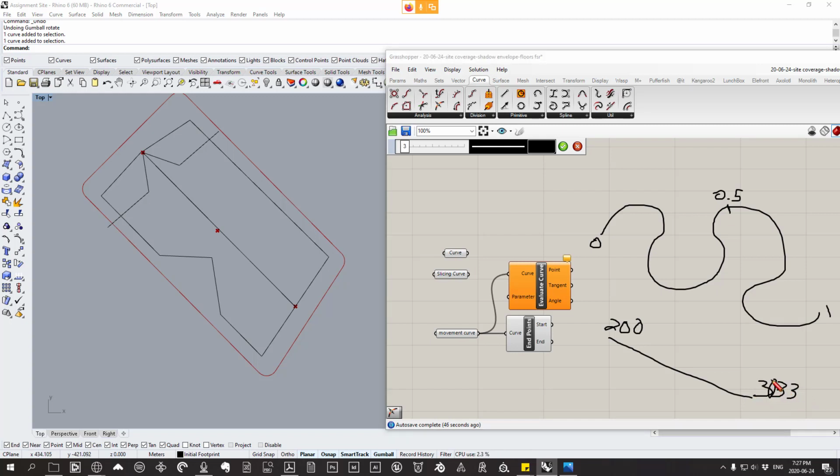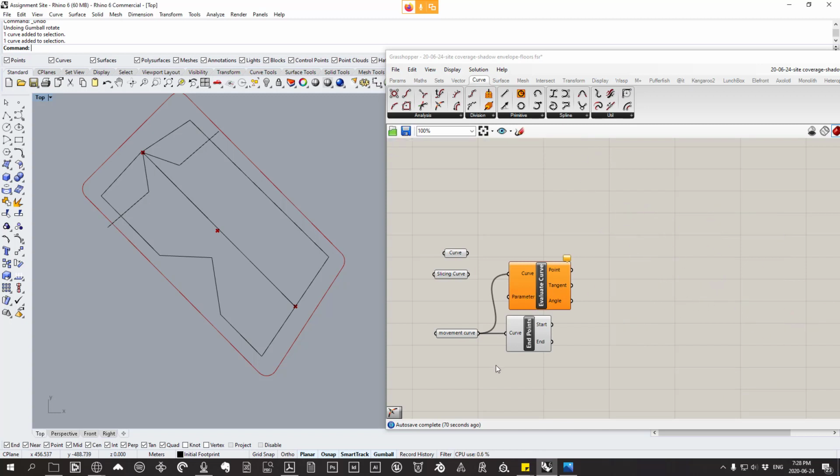Yeah. 200 and 3033 are arbitrary numbers I've chosen. The values that Rhino chooses is usually based on their XYZ coordinates, but for our intents and purposes, they might as well be totally arbitrary. What you want to do is reparameterize, and that will set your curve's inner coordinate system along the curve to be 0 to 1. So when I say the parameter on the curve, that's what I'm getting at, this parameter between 0 and 1